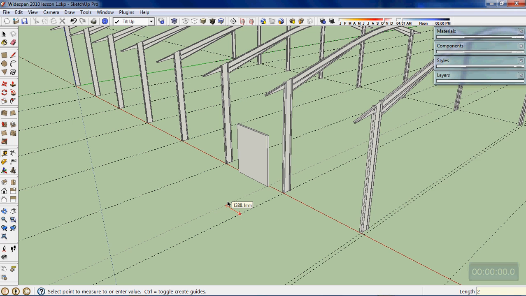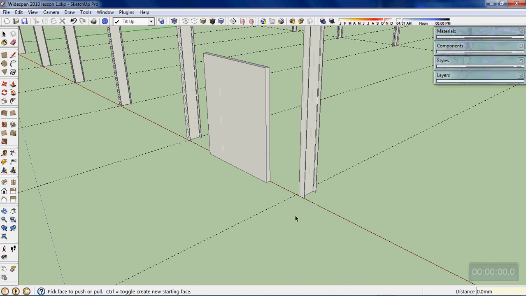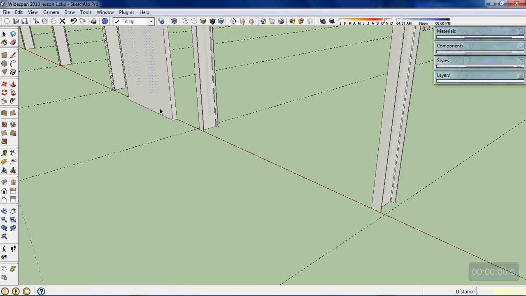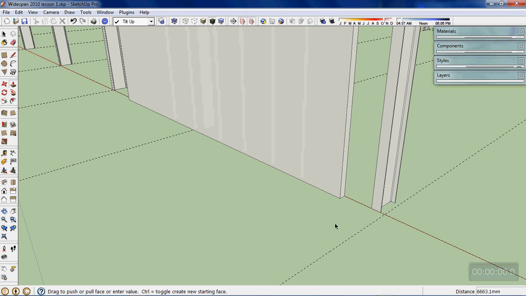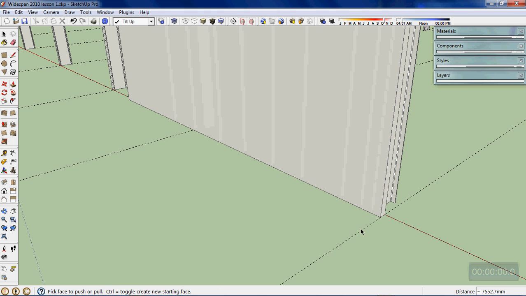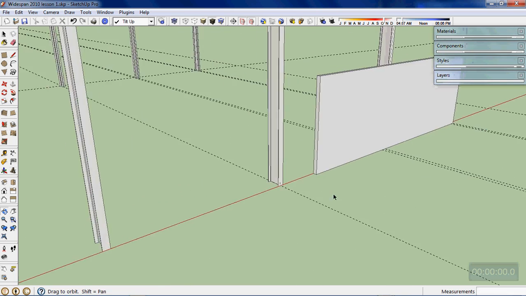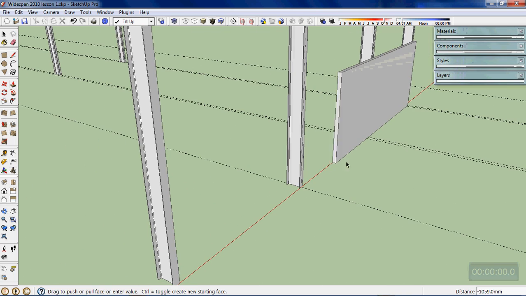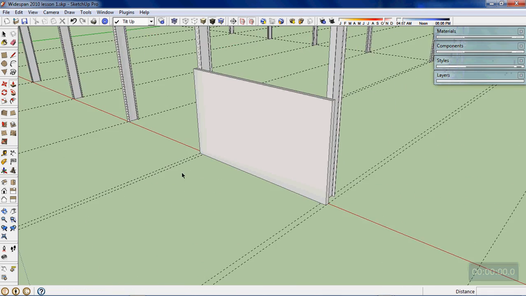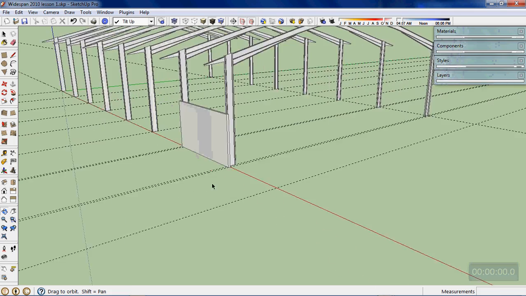And what I'll then do is simply push-pull the length of the wall to the correct locations that I want, which would be to that 200 millimeters past dimension, and then this one, this push-pull would go to that. So I've now got a concrete tilt-up wall that is 200 millimeters past the center line of the setouts of